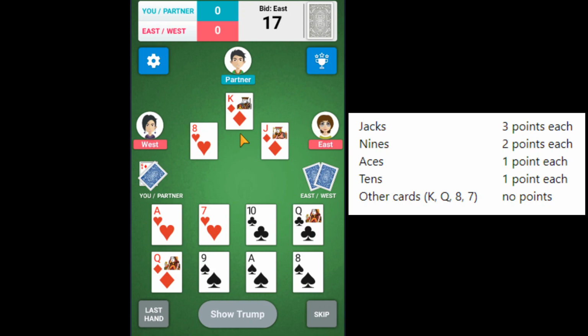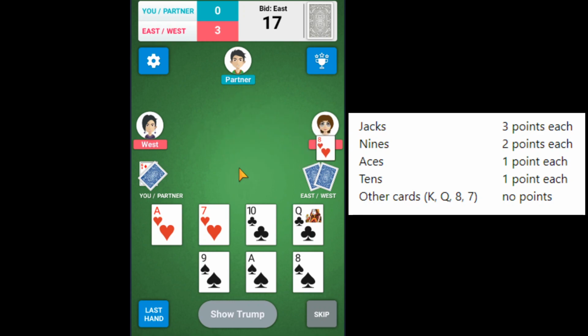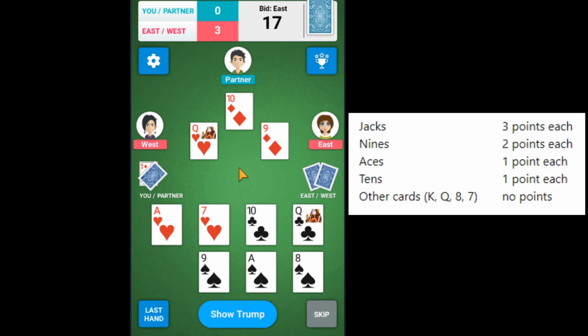And so here we had, I believe a diamond was led here, and so unfortunately we'll have to play our queen here. But that's okay. A diamond was led here. I don't have a diamond, okay? And so essentially